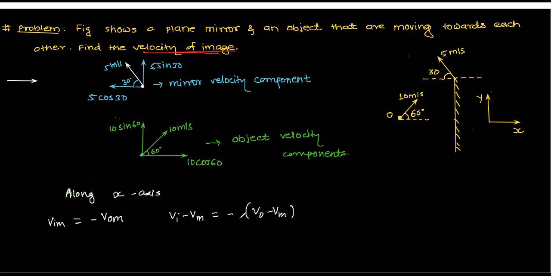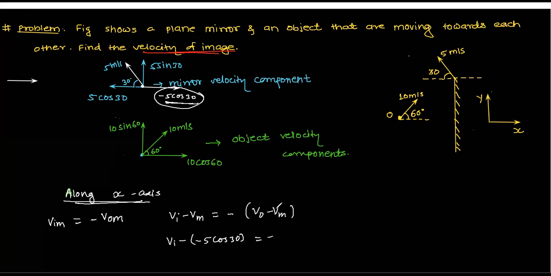Now here you see along x-axis we want some components. So Vi we don't know, we have to find. So this is along x-axis. Heading is what? Along x-axis. So everything is along x-axis. Minus Vm, velocity of mirror. This is along negative x-axis. We want along positive x-axis. So along positive x-axis what you are getting this component? I am writing here minus 5 cos of 30. You see this component. This is along negative x-axis because this axis we want. So therefore here it is minus 5 cos of 30 is equal to minus this Vo.